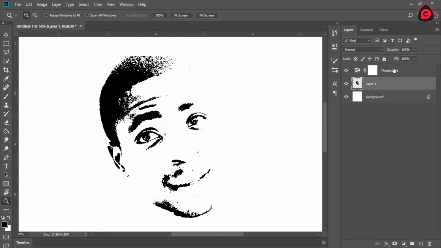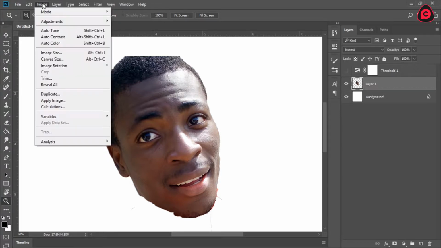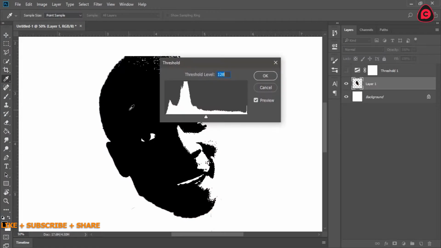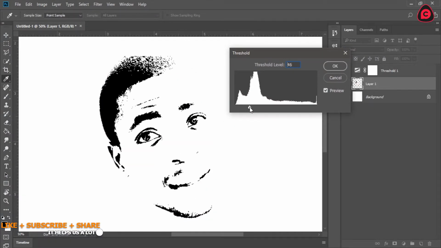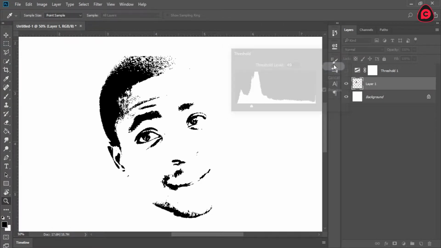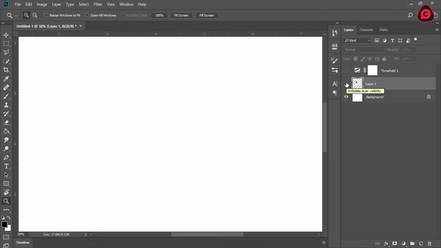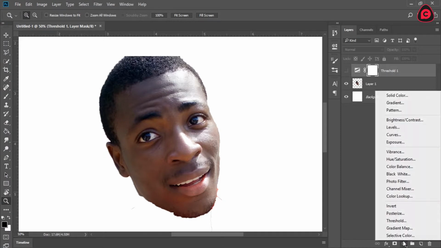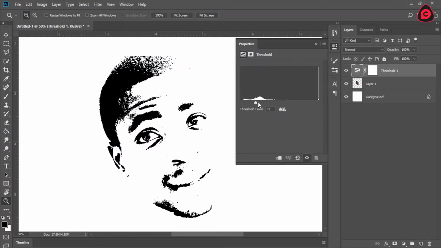And similarly we can do this by going to image, then adjustments, then threshold. But this is going to affect the image itself. So if I do this, it's affecting the image itself. You can notice from here, but we don't want that. We want to be able to edit the image at any time. That's why we go to the adjustment panel right here. So at any point in time we can change the threshold. Okay, so